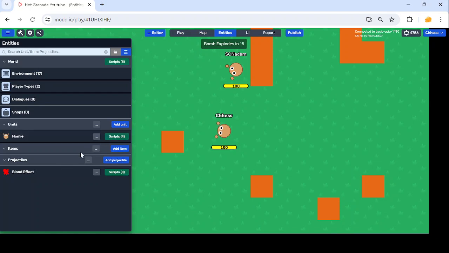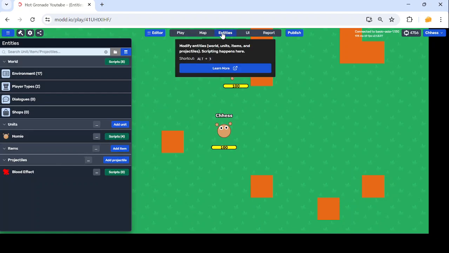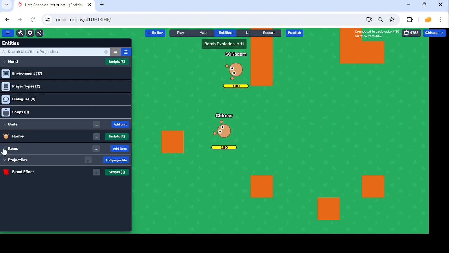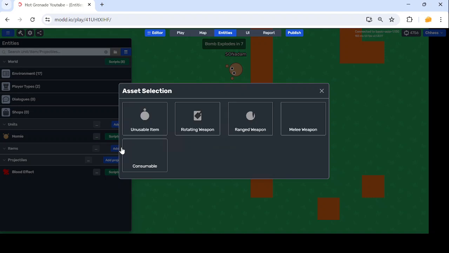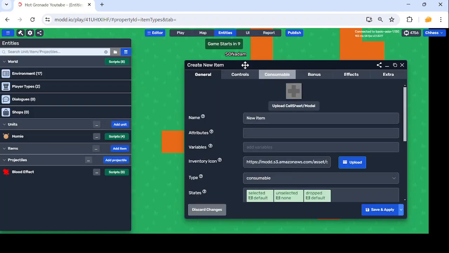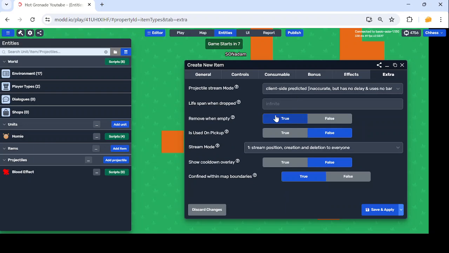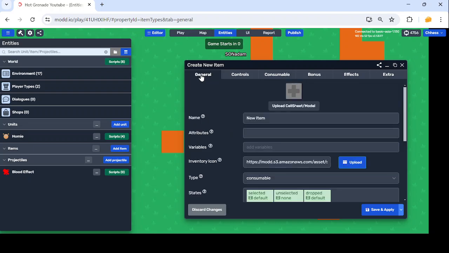So first thing we want to do is go to the entities section, and right here we have items. We want to add an item. We're going to be using a consumable item. And actually, let me just explain right now why. We're using a consumable because this extra effect is automatically done for us. Remove when empty is true. With a weapon or another item, it doesn't automatically do that. So it's just convenient. And we're going to call this